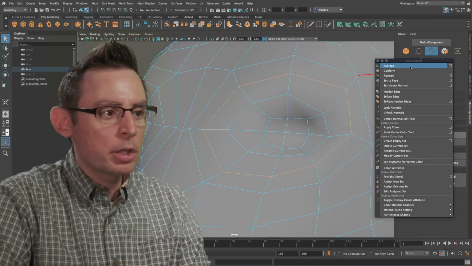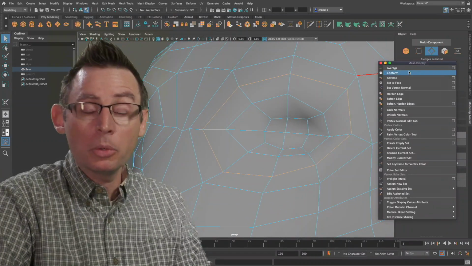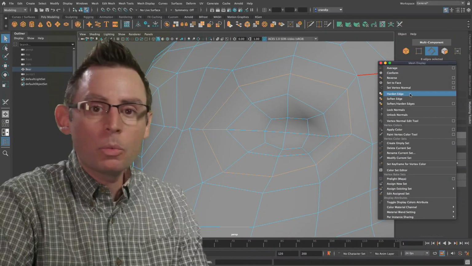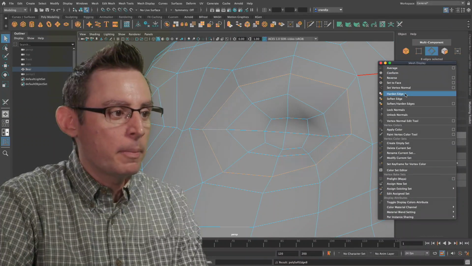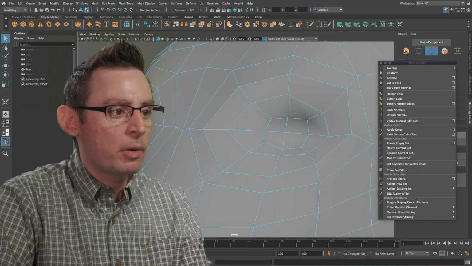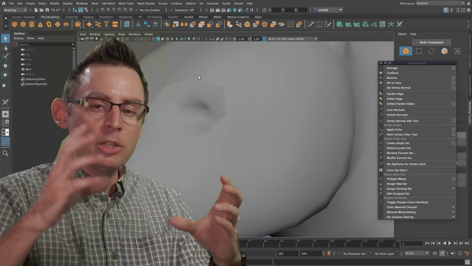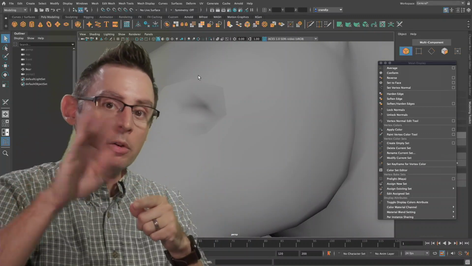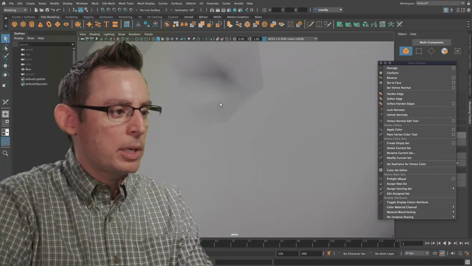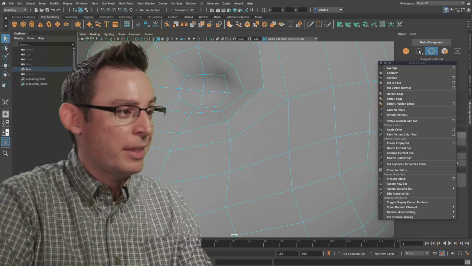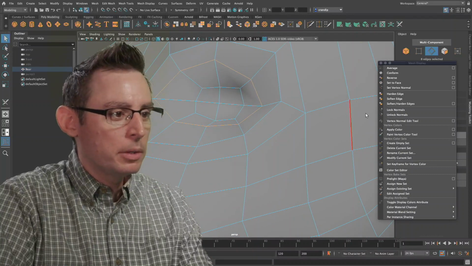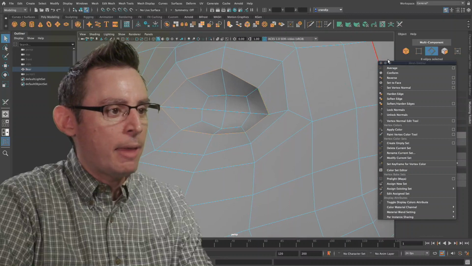And then I'm going to return to that Mesh Display pull-down menu that we were looking at before. And specifically, we're going to choose Harden Edge now. If we were to drop this selection, you may have already seen it pop. Yeah, but now we can start to see how the smoothing engine is stopping the shading from going across that boundary line. And that's a pretty neat little illusion. What if we were to do one more? I think I did the wrong one. Let's do this one. Let's do Harden Edge. Yeah, that's what I was after.